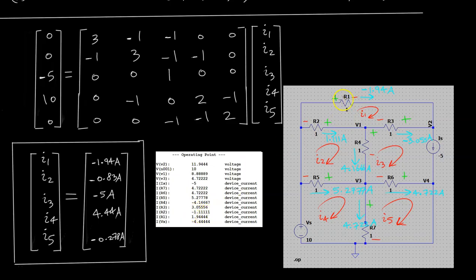Now, in the case of the first resistor, we have a positive value in LTSPICE, but we have a negative value from MATLAB. We'll get to that once we analyze everything else,